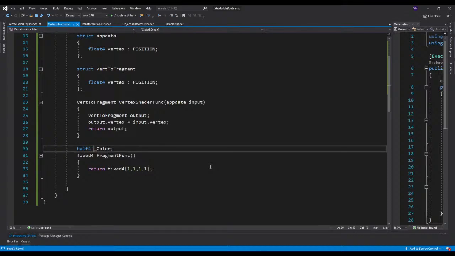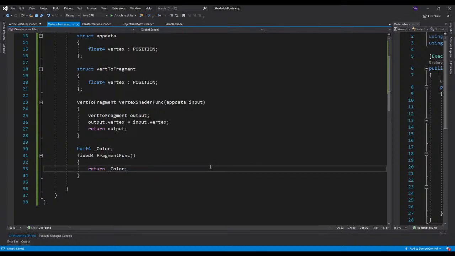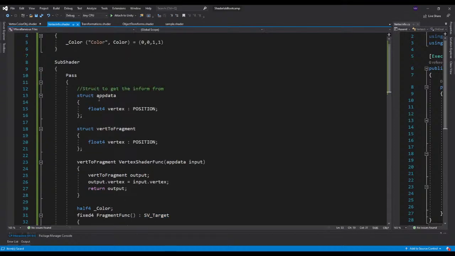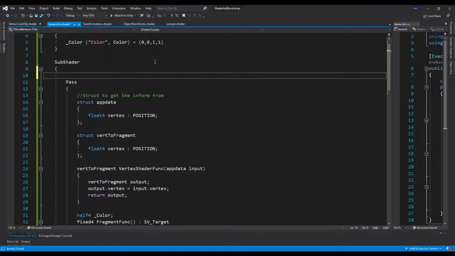All right, it's as simple as that. And you can say return this. This is a simple fragment function, but then if you were supposed to go back to the previous session, we need to provide a semantic, which is SV target. So you have to render it on a frame buffer, and this is how you do a simple vertex and fragment, where we have to understand that we have to